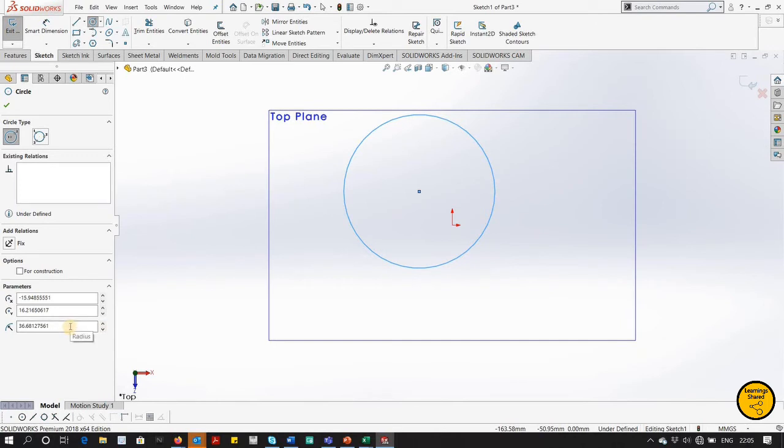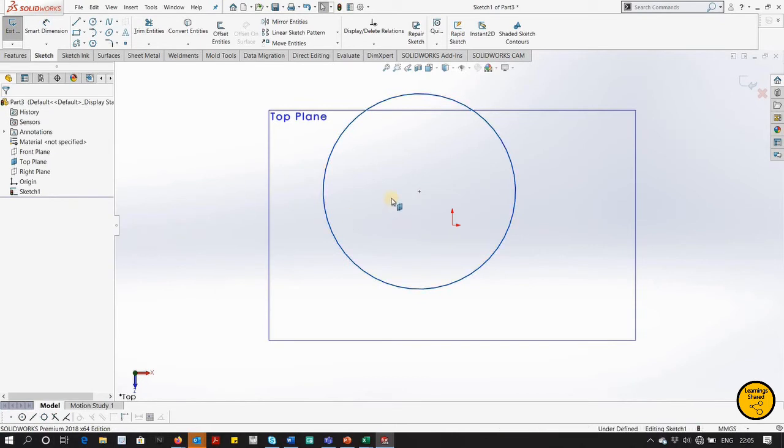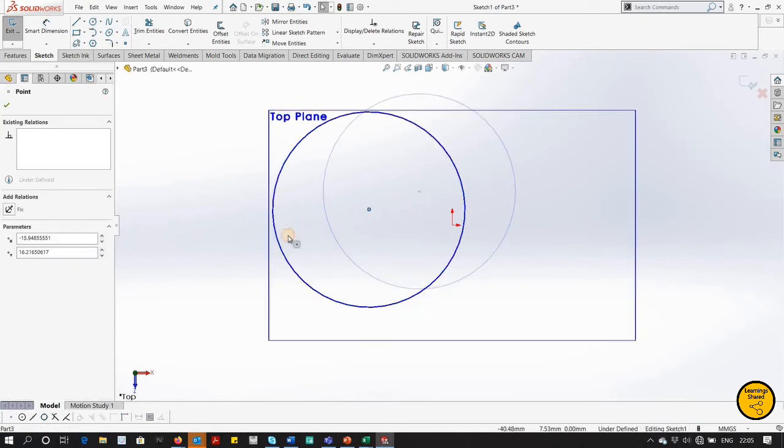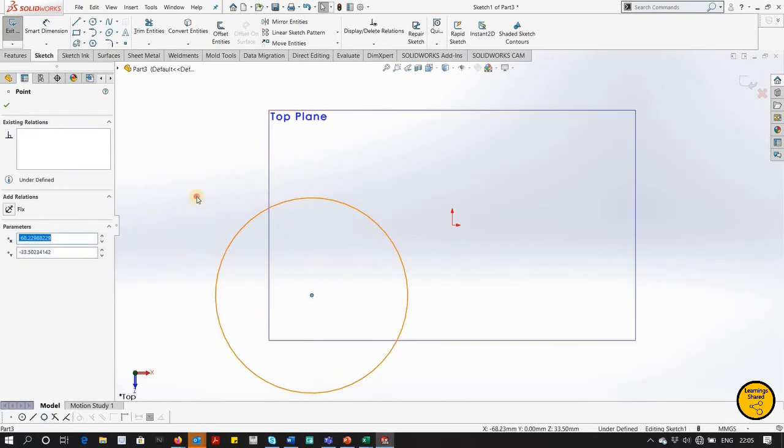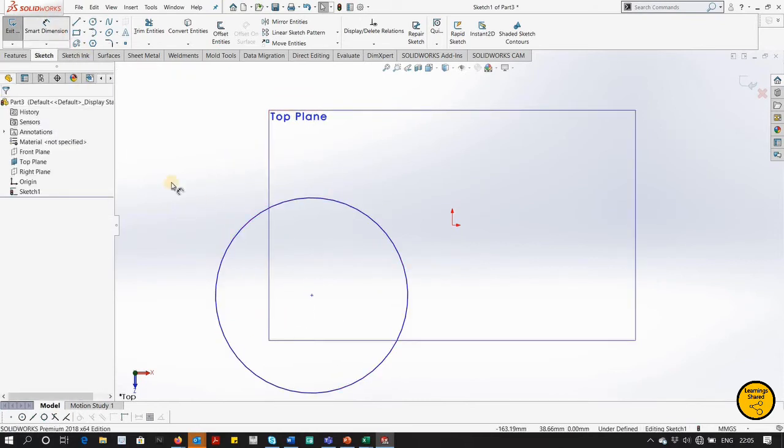Now if you want to change the radius, you can increase or decrease. So I'll leave it here and I will tick. Now I can drag it anywhere, as it is not constant. So let's constrain it. I will give the distance of the center of the circle to the origin.